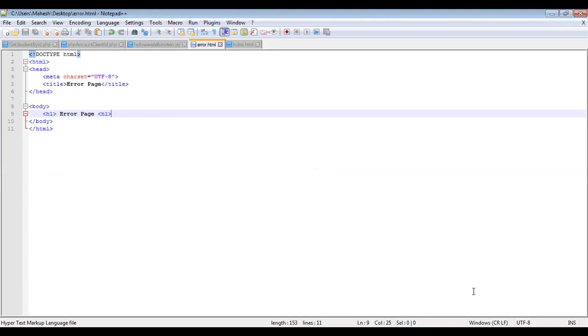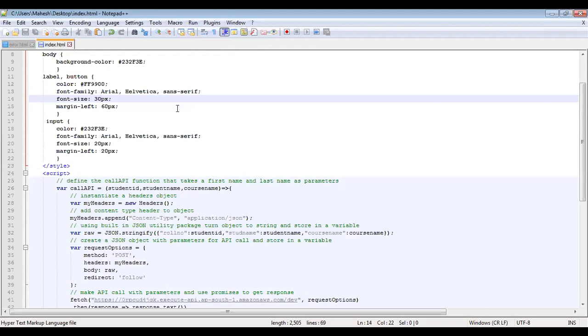The first one is error.html, which contains only the error page, and the second file I have created is index.html. I'm closing all the other files. error.html is required while hosting the website using the S3 resource. In error.html, only the error message is written, and in index.html I have written the code for hosting the API.